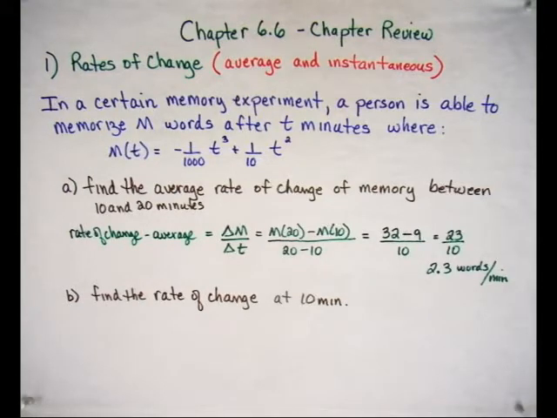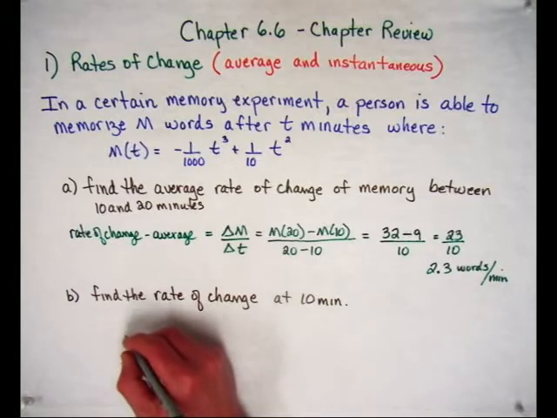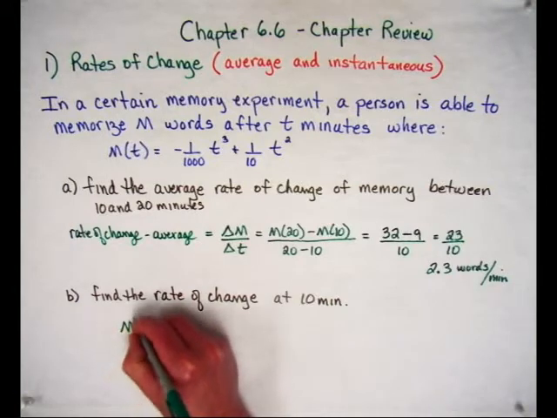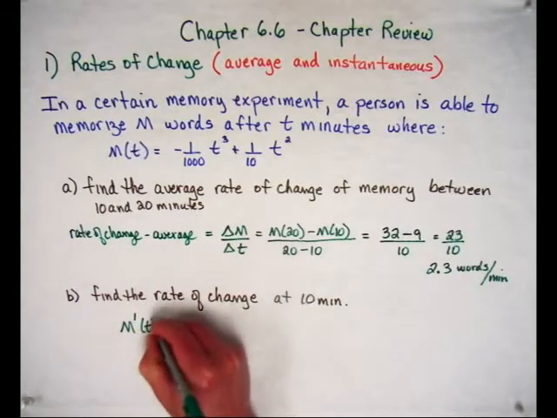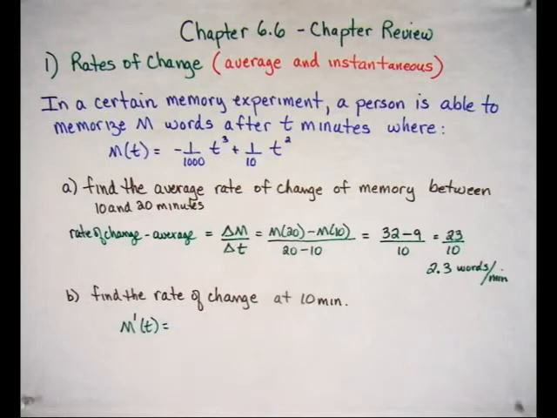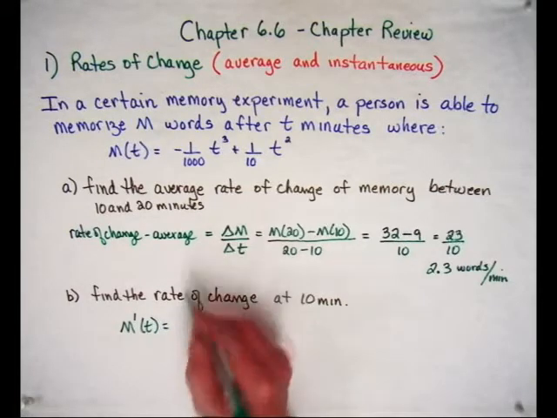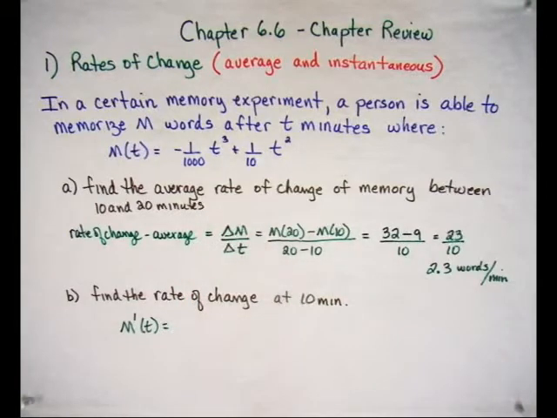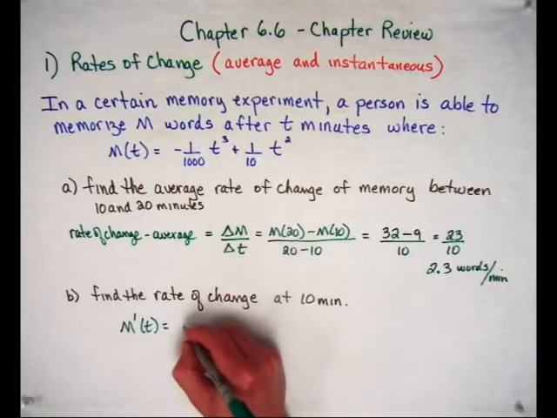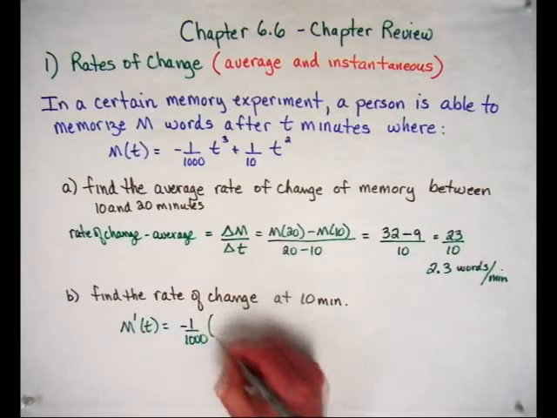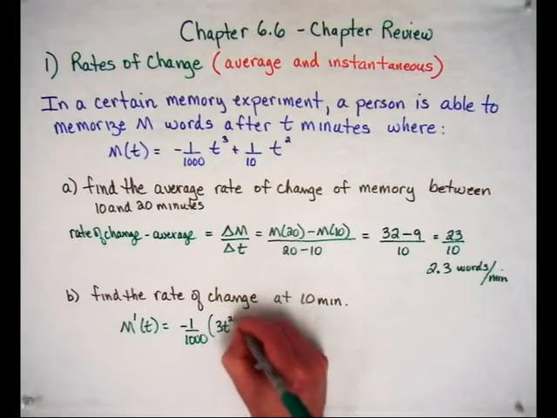We want to know the slope of this function exactly at 10 minutes. And of course, that is a derivative concept. So what we would do here is we would just find m prime at t. So using our power rules, the negative 1 over 1,000 is just a constant, so that would just stay out front. Negative 1 over 1,000 times the derivative of t cubed, which is 3t squared,